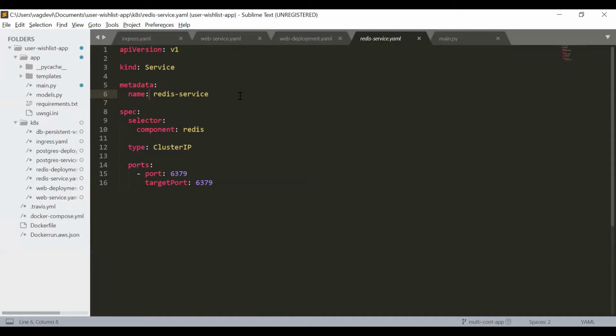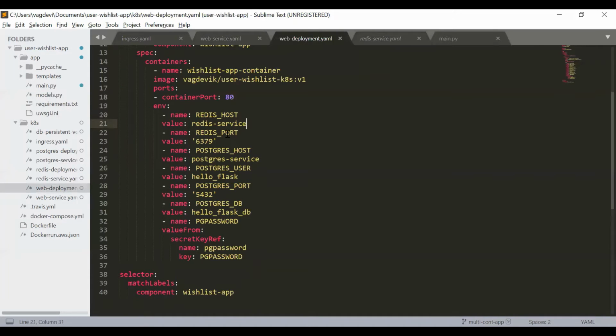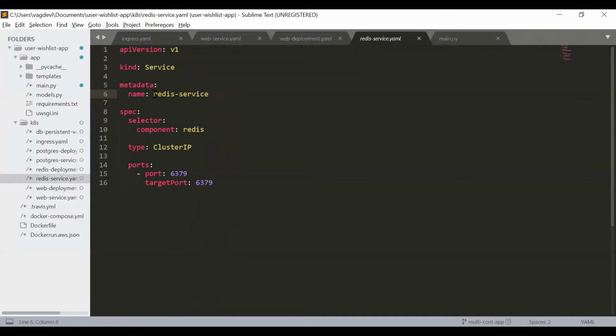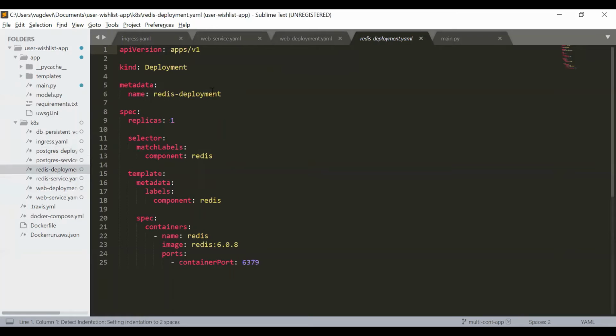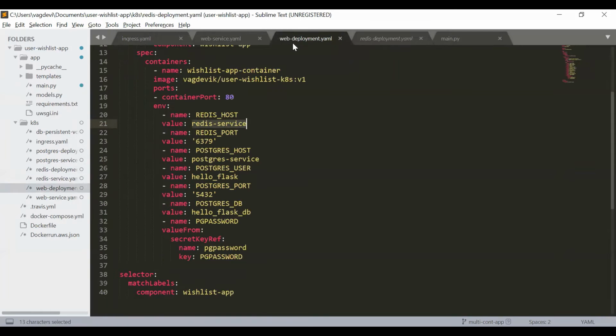These objects are formed, and then this web deployment is able to access all these things, because the Redis host is nothing but the Redis service, which uses the Redis pod internally, because this Redis service is attached to the pod whose component is Redis. And whose component is Redis? Under this Redis deployment, this one, right? And also the Redis port is 6379, just like defined here.